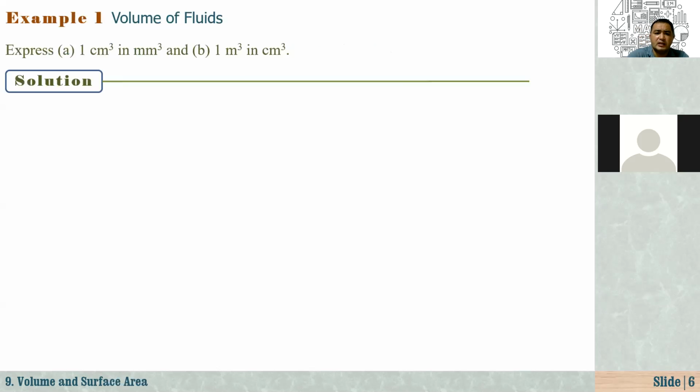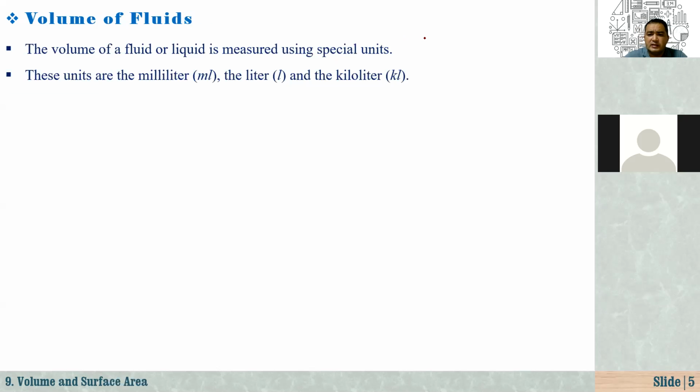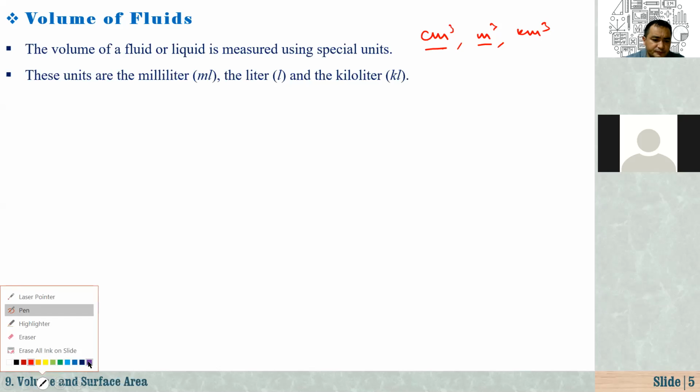Later we will also use cm cube, meter cube and kilometer cube if it is so big. Usually the most common units are centimeter cube and meter cube. What is centimeter cube? Let me tell you here, if we are given a cube of side 10 centimeters,